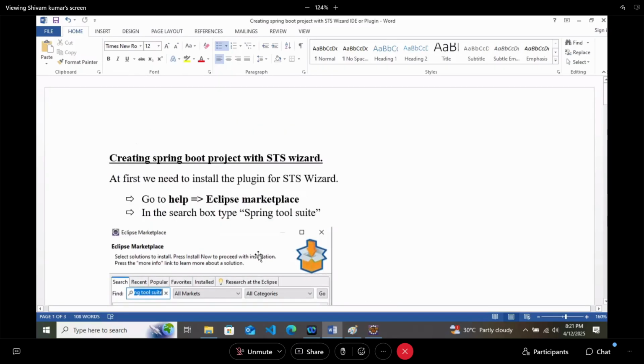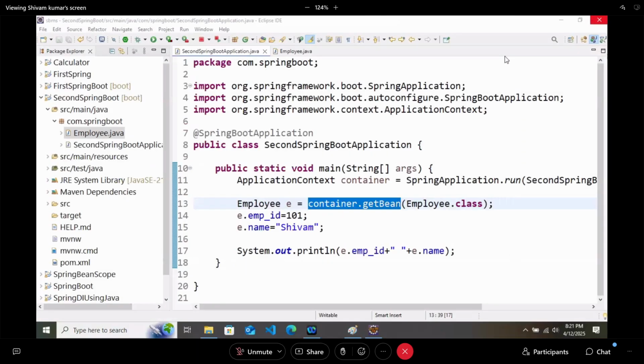There is one more method and still we have time to discuss. So we will discuss that. Understood this method? Understood this method?